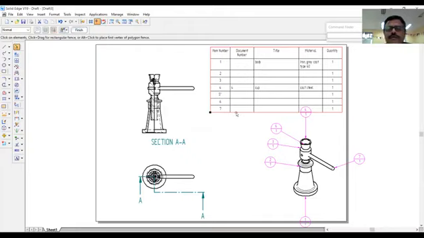So this is how the screw jack model is done. This is the method for assembling the parts when the parts are already there.